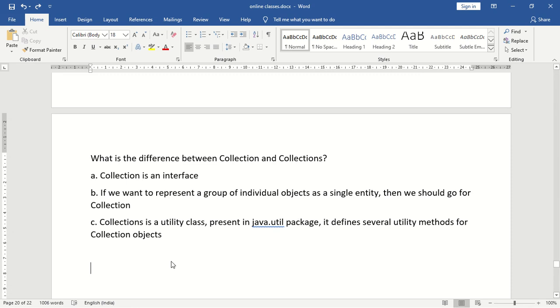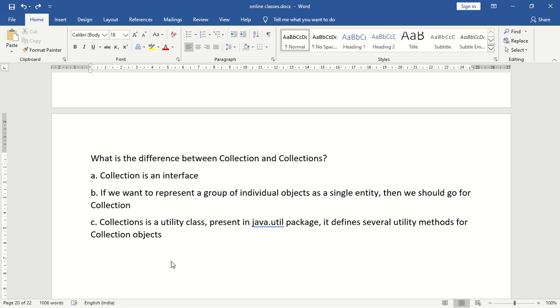Say for example, if I want to perform some searching operation, then I can make use of the utility methods which are there inside the collections class. If I want to perform some sorting operation, I can make use of utility methods which are there inside the collections class. So what is the difference between collection and collections? Collection is an interface, whereas collections is a class. When should we go for the collection interface?